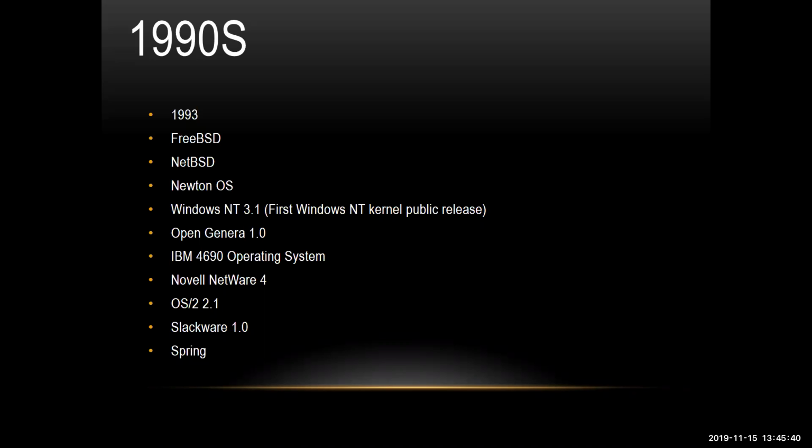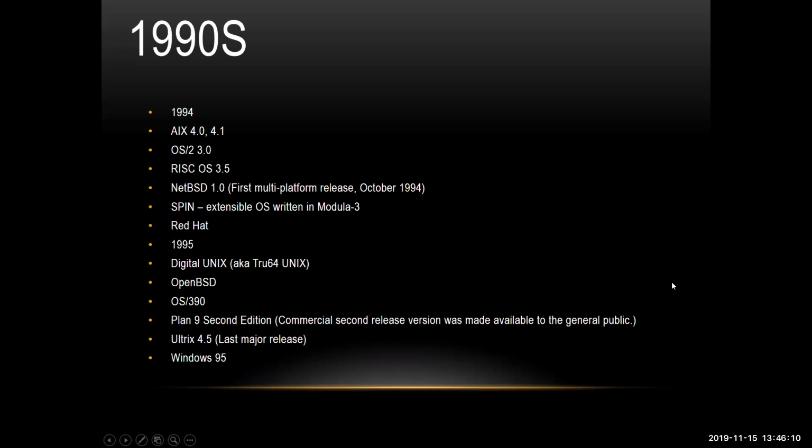And then we had OpenGenera 1.0. And we also had the IBM 4690 operating system. And we had Novell NetWare 4. And then OS/2 2.1. Then Slackware 1.0. And lastly, Spring for 1993. And then during 1994, we had